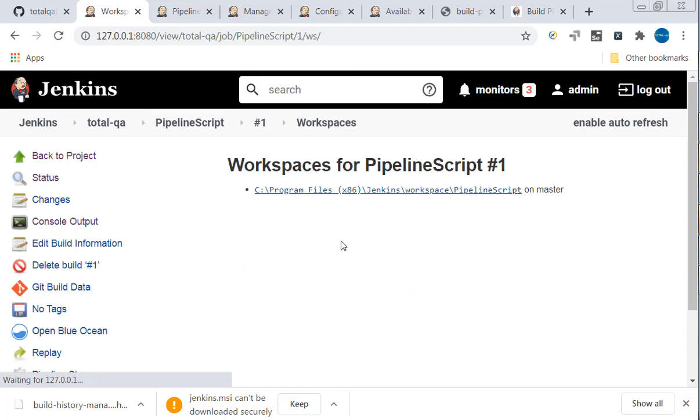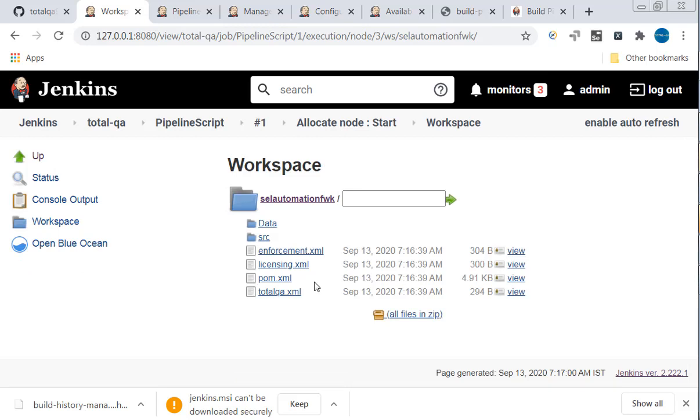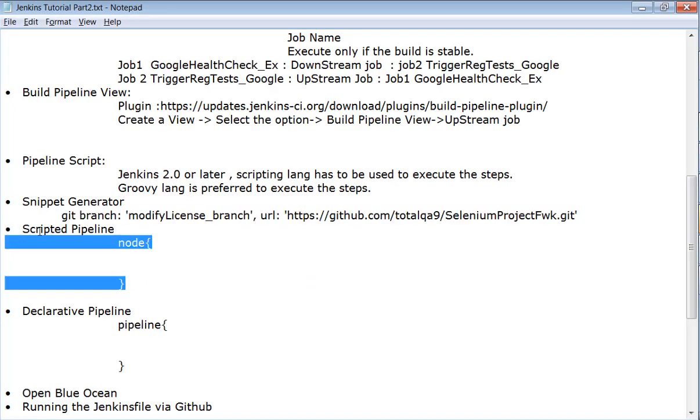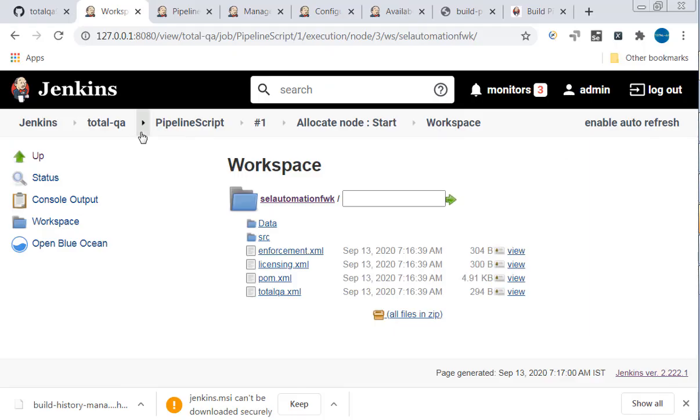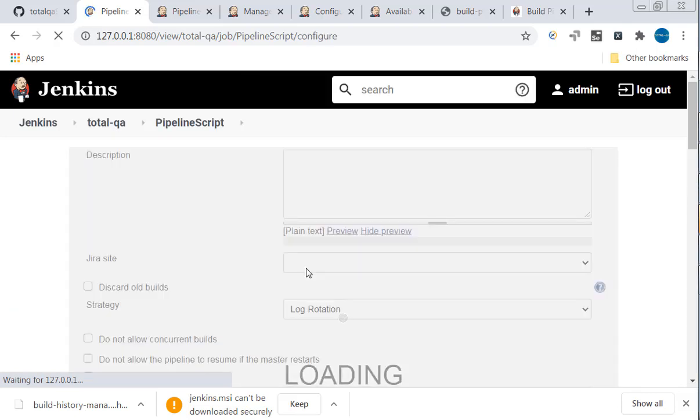You see here the workspace. Under the workspace, you will see the location of the code. The code is downloaded successfully under this. So node is importantly used for the scripted pipeline, and I put a stage under this. Very simple. I'll put the script there.